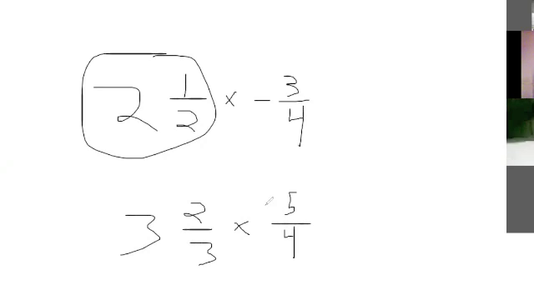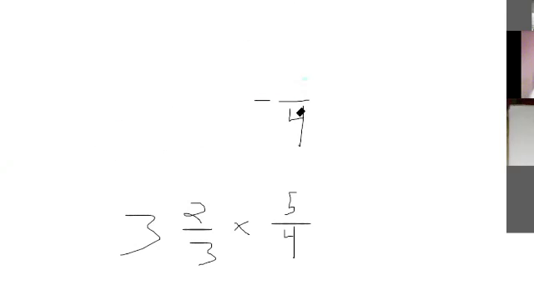So now what you have to do first is the first step again. What we got to do is we have to multiply this number times this number because we want to turn it into just a normal fraction down here. So this number times this number. So 3 times 3 is 9. And then plus the top number, which is 2. So 9 plus 2, 11. And then that bottom number is going to stay the same. So 11 over 3